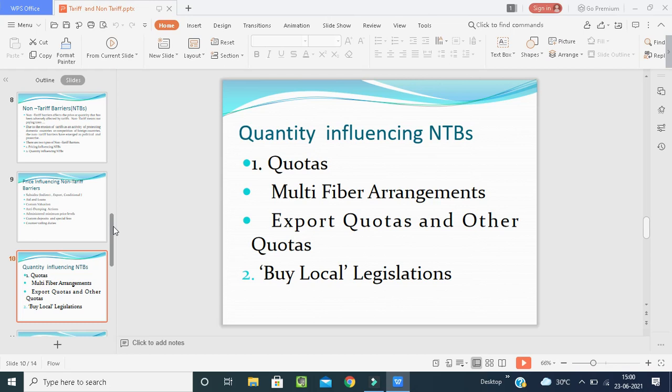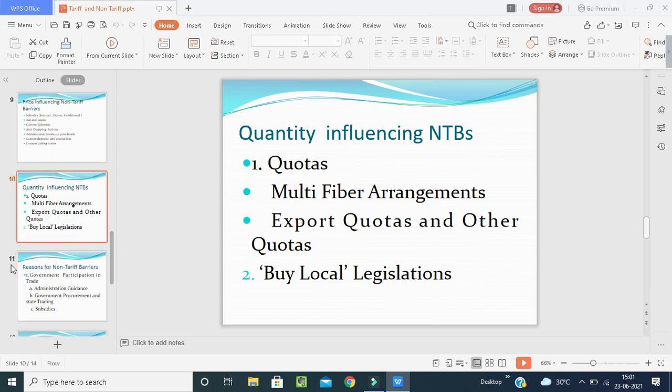Now, coming to the export quotas and other quotas. The export quota and other quotas exist to protect and conserve the natural resources, and also for the purpose of influencing world pricing of the product. Export quotas are intended to regulate the supply of the resources in the world and so on. These are the things we have to take care of properly. Next thing is, we are having the quotas issued by legislation. What are the things now?